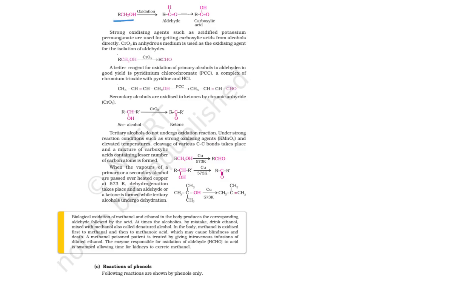Here there is a removal of hydrogen, okay, there is a formation of aldehyde, then further oxidation, there is a formation of carboxylic acid. So in case of strong oxidizing agents such as acidified potassium permanganate, we get the carboxylic acid from the alcohol directly, okay. So CrO3, that is chromic oxide, in anhydrous medium, as oxidizing agent, is used for isolation of aldehyde, okay. So this is your